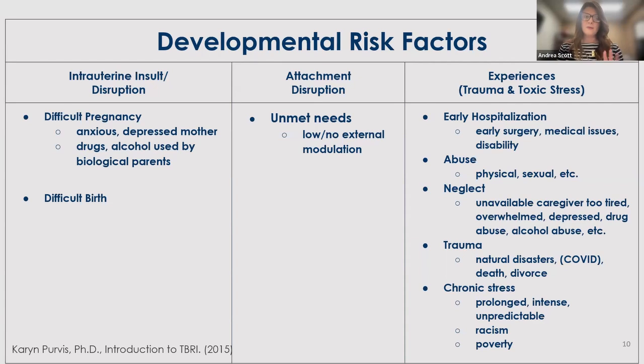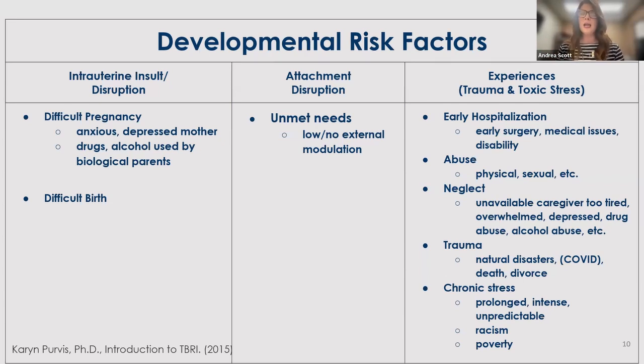So we also have difficult birth. Difficult birth meaning maybe there's been an emergency during the birthing process, maybe an emergency cesarean, maybe the child was stuck in the birth canal for a period of time. That can also be prolonged and toxic stress for a period of time, and also can prevent blood flow from going from the brainstem all the way up to the frontal cortex.